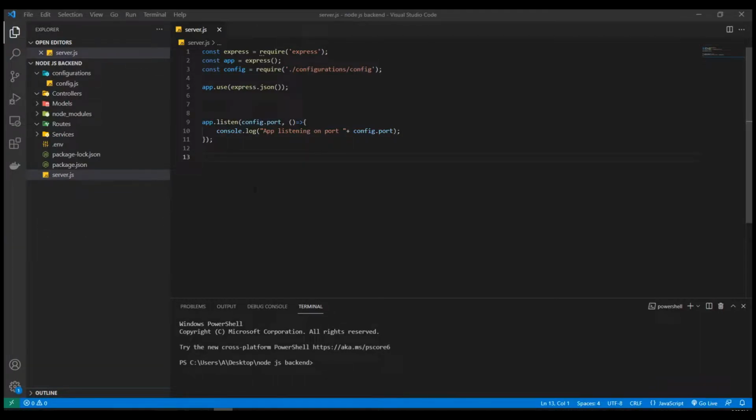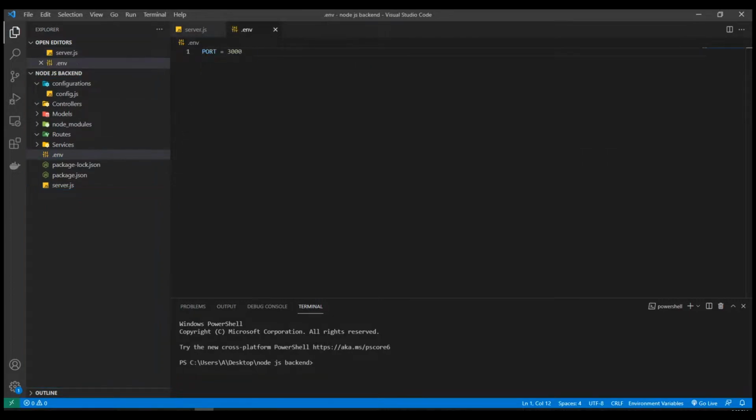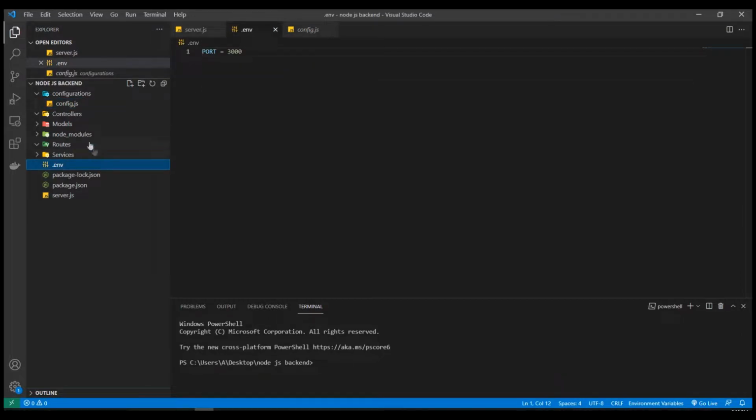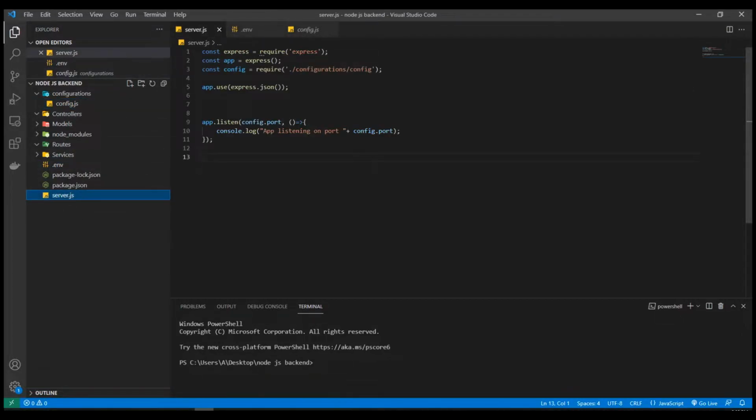In the previous session, we created an environment file and then a configuration file in which we read the variables from our environment file, and we have used this configuration file in our server file. We have also created three different folders, if you recall: services, routes, and controllers, and this pattern is used a lot. I have, by the way, emptied those files and we're going to start from the beginning, but this time